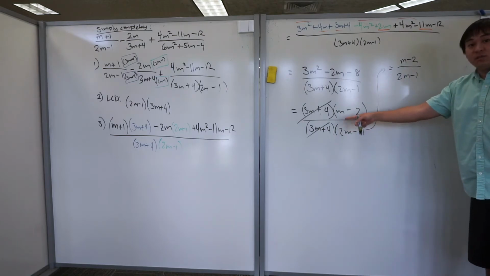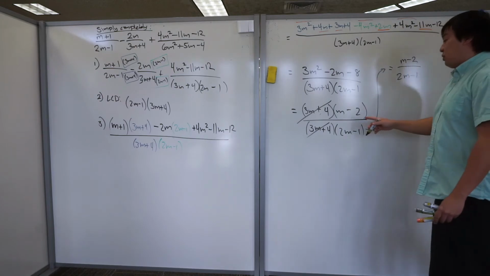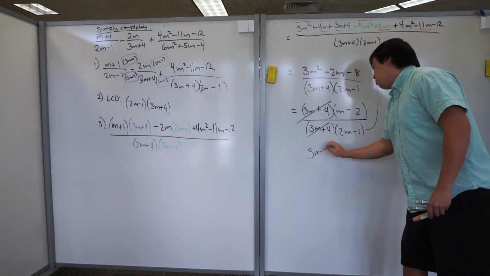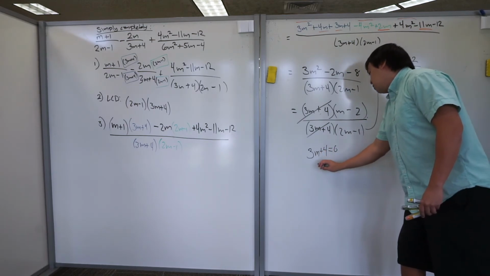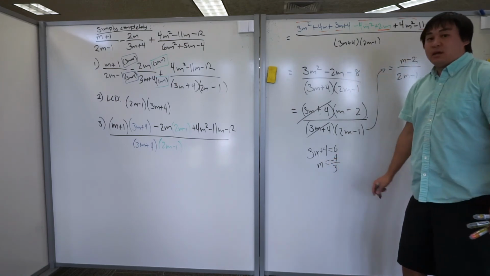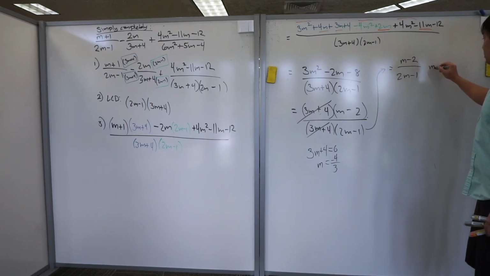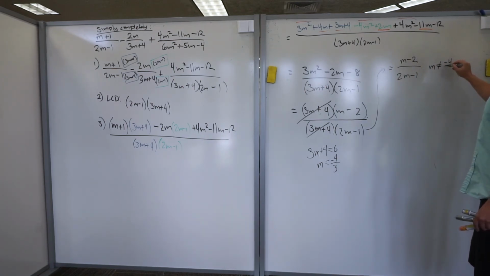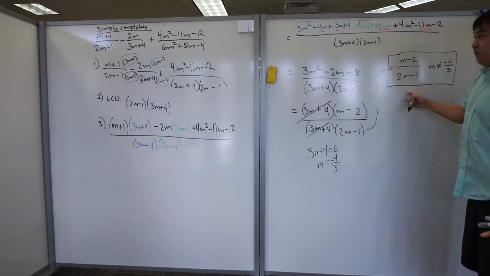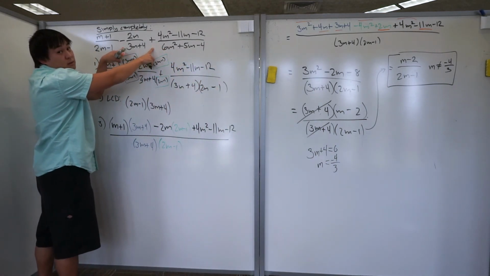Now, lastly, the last thing that you need to do is remember, when you cancel things in a division, you need to figure out where the restrictions happen, where the division by 0. So you need to solve 3m plus 4 is 0, or m is equal to negative 4 over 3. So this is the restriction, and it still needs to go there. So m cannot be negative 4 over 3. This is the simplified version of this sum and difference of rational